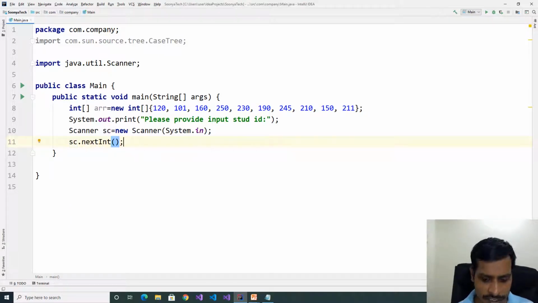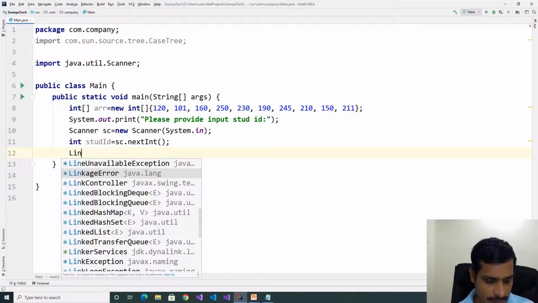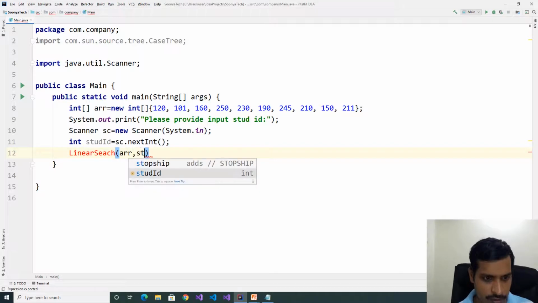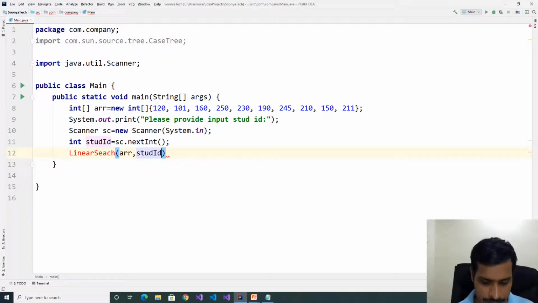And assign it to an integer variable, int studentID. Now we need to invoke the linear search function. linearSearch, and pass the array and the input student ID, arr comma studentID.